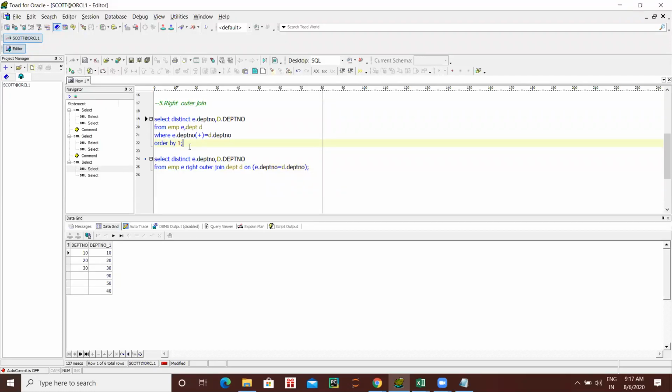The employee table is on the left, department is on the right. First it will do the equal to, and apart from that, the extra department numbers will come. In left outer join, you have not got anything because there are no extra departments in the employee table. Clear? Any doubt?